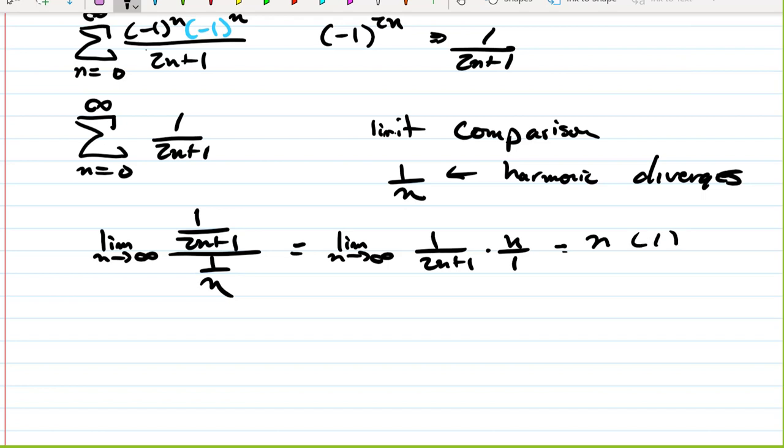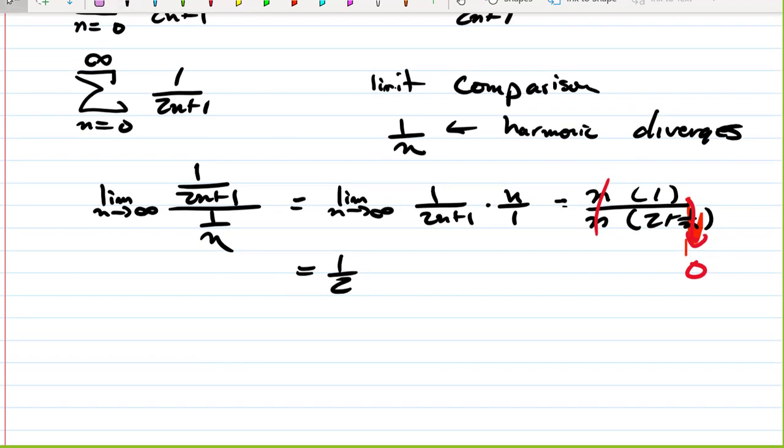Factoring out our n, we have 1 over n times 2 plus 1 over n. And as n goes to infinity, that goes to 0. And those reduce out. So our limit equals 1/2. So since the harmonic series diverges, this diverges. So the series diverges